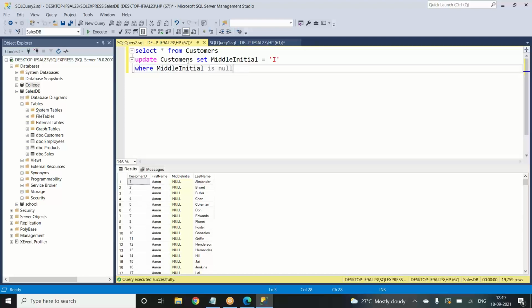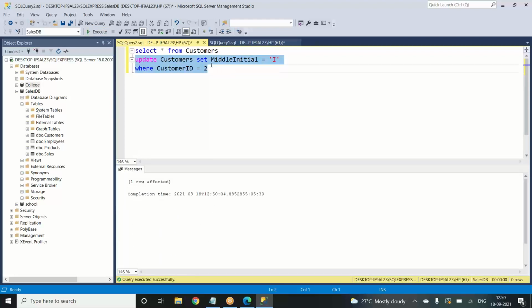So update, we write the table we are currently working on, which is customers. Set is another command, and we say which column we want to change: middle initial equals I. We can change all the null middle initials into I, or if you want to change a specific row, like row 2 for Aaron, we use where customer ID equals 2.